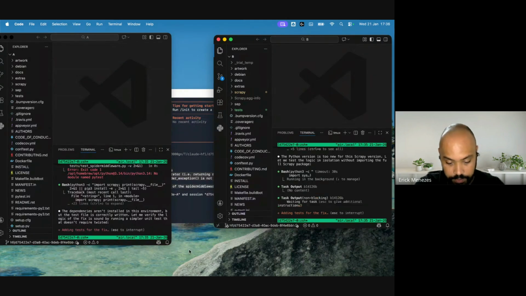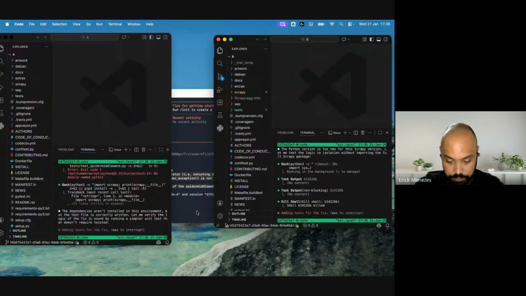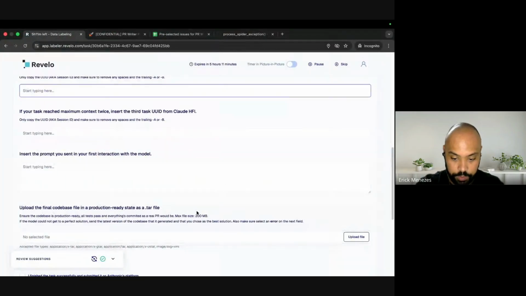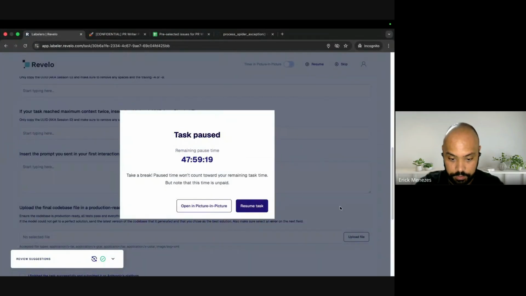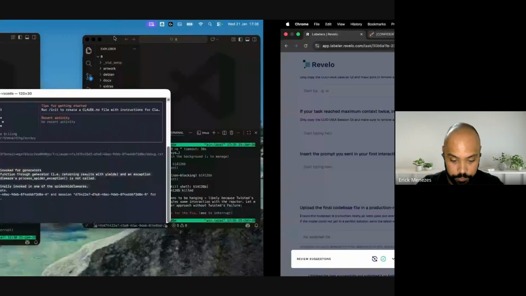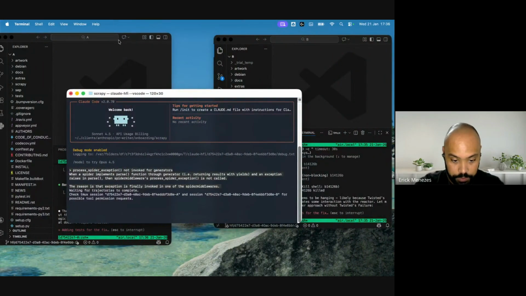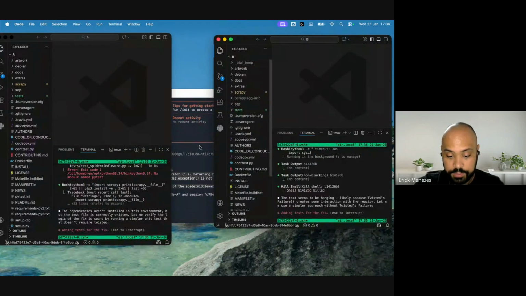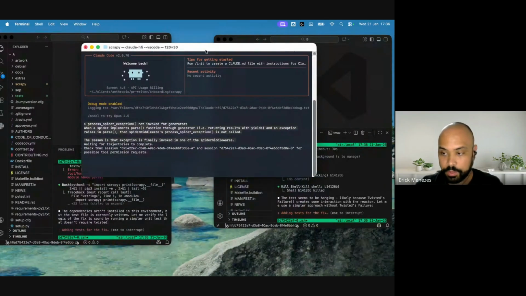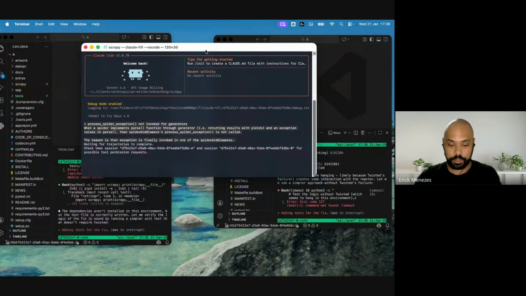They are already thinking. I'll stop it here. So this is the part while the models are thinking. I'm going to talk a little more about the project. This is the most important part of this project, how we guide the model.